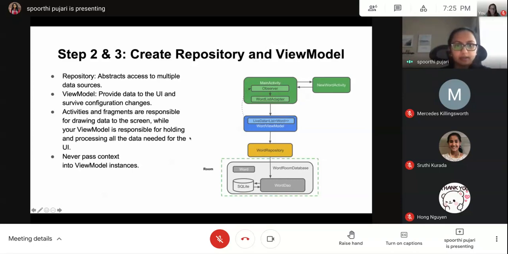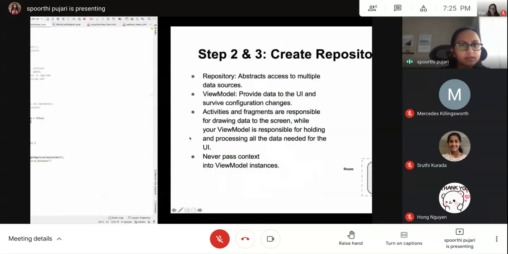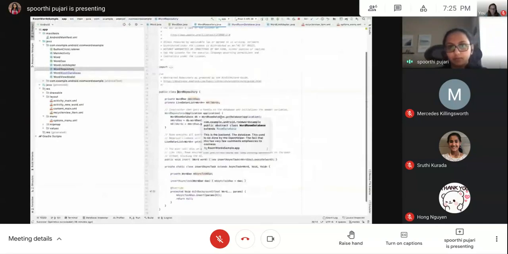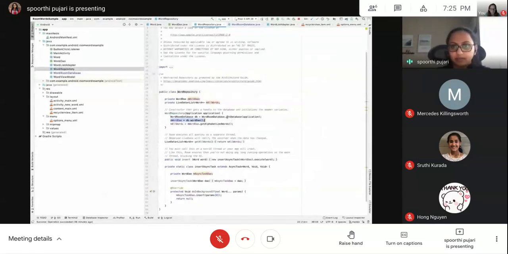So let's look at what this word repository class looks like. Since we're using our room database here, in the constructor we do WordRoomDatabase dot getDatabase. So this is how I said you access a static class.